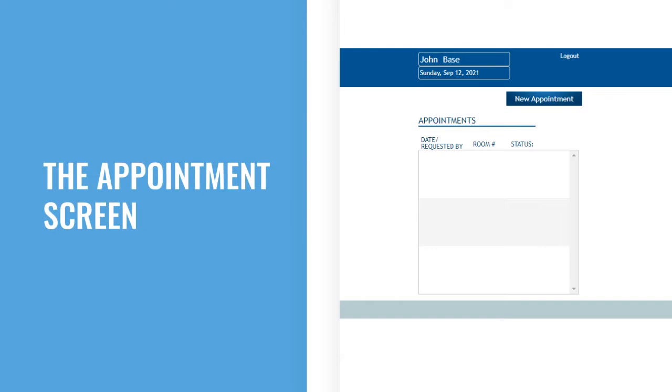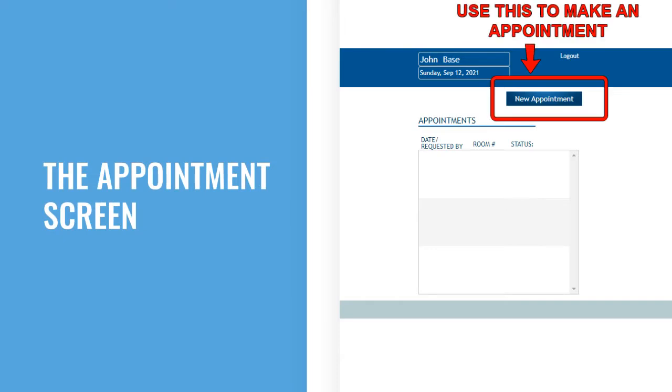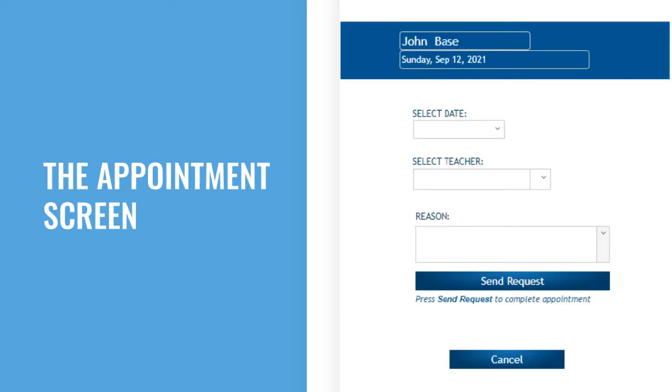Once you put in that student ID, it's going to take you to the appointment screen. There, you can view and manage all of your appointments as well as making new ones. Making a new appointment is as easy as pressing this button right here. Pressing that button is going to lead you to this screen, which allows you to pick and set up your